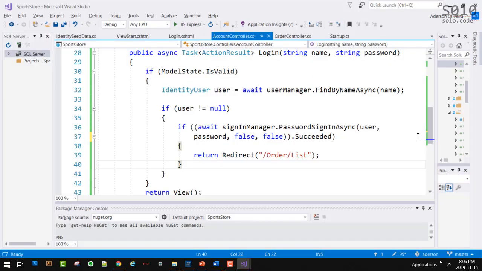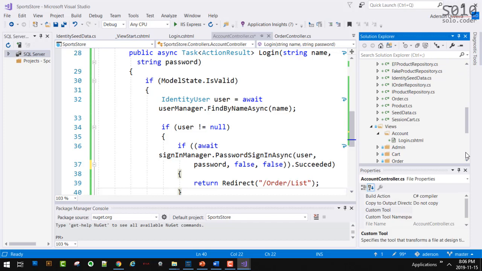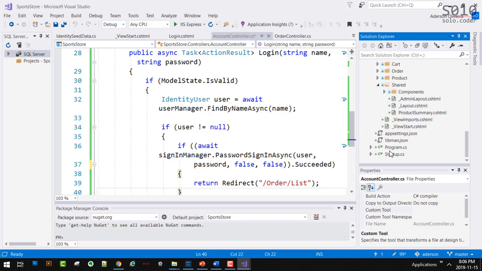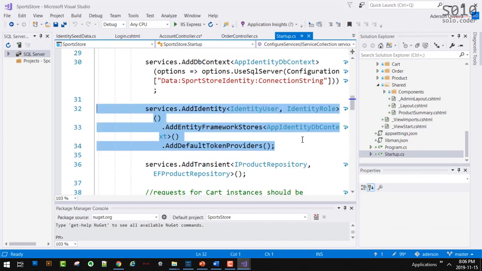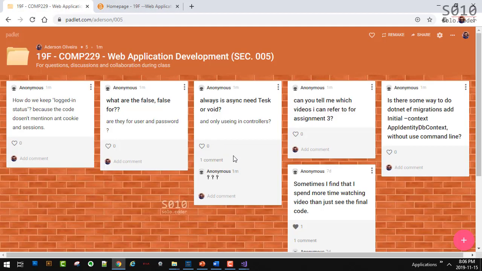We have sessions via this part here, in our startup. See, we have sessions here, okay? So we are using sessions.